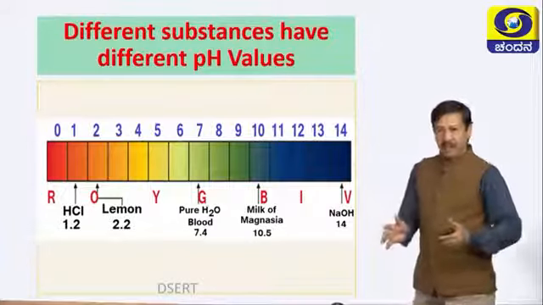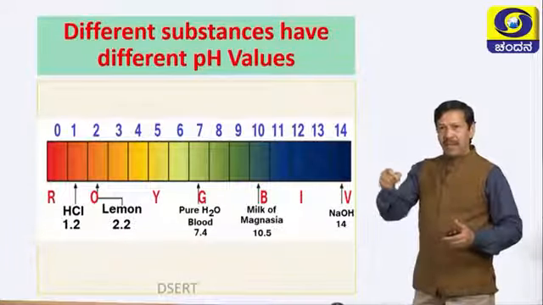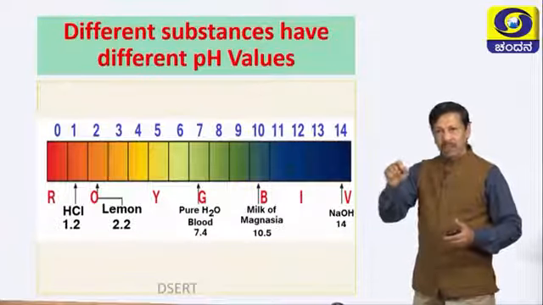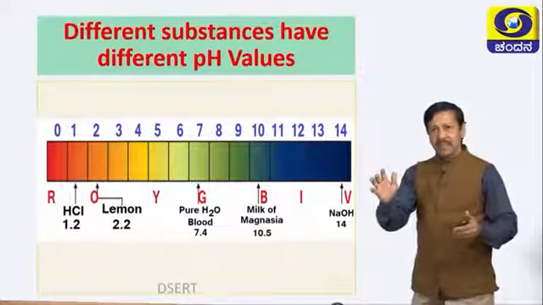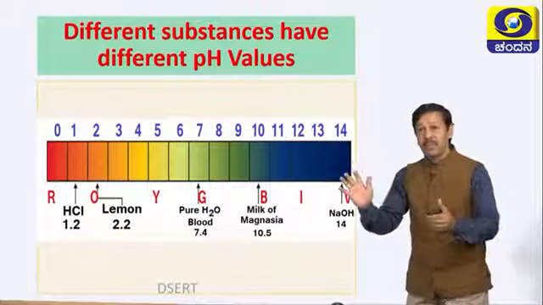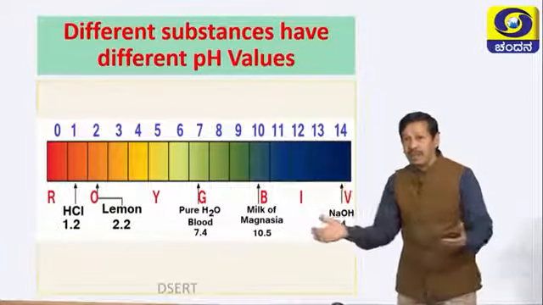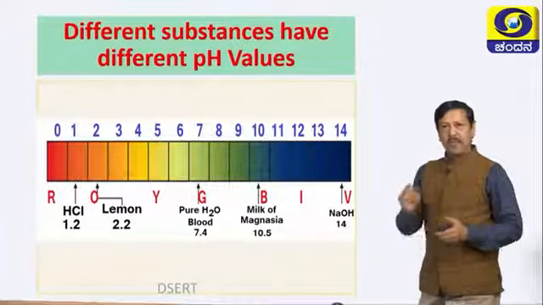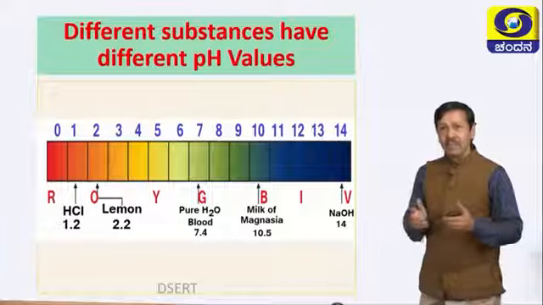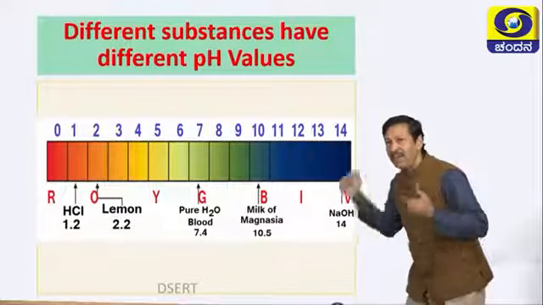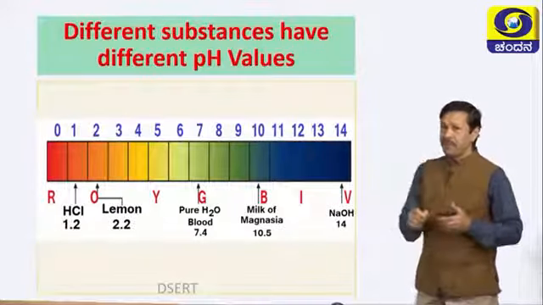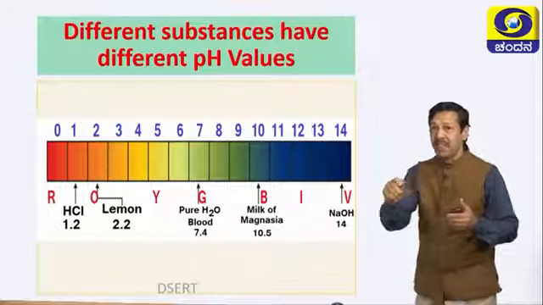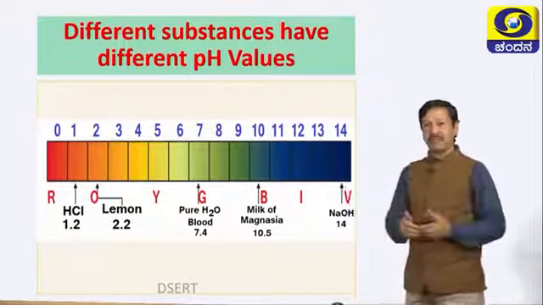In the pH scale, if you have a pH paper and dip it in distilled water, its pH is 7 because it is a neutral substance. What is the color? Yes, green. If you dip pH paper in NaOH, what is the color? Right, violet. If I dip pH paper in concentrated HCl solution, its color is red.